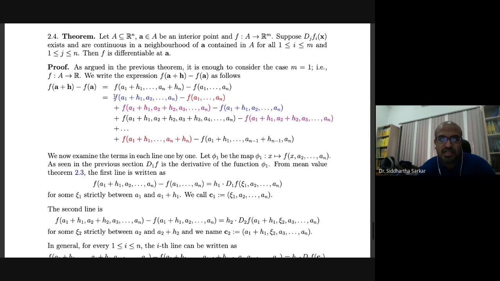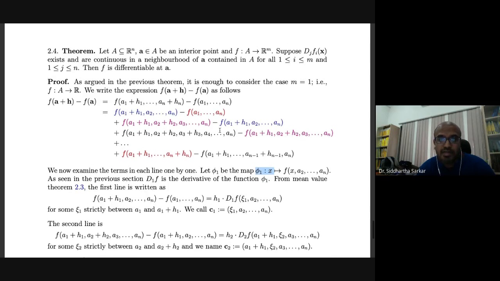So first you examine this first line. The first line is f with the first coordinate increased and everything else constant. So the mean value theorem says that if I realize it as a function, written down over here, x mapping to f of x with the remaining coordinates constants, call it phi, then this is the difference of phi of a1 plus h1 and phi of a1. Now what can I assume about this particular function phi 1? Well, this is nothing but,